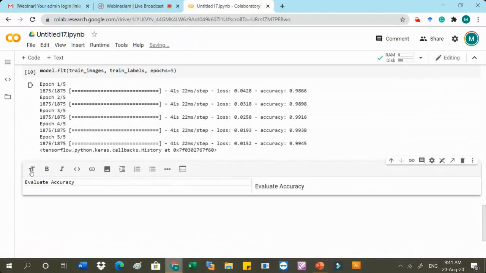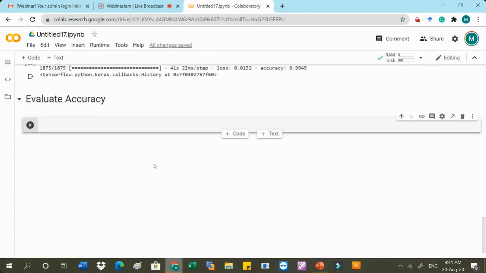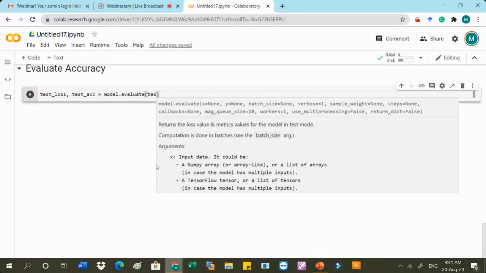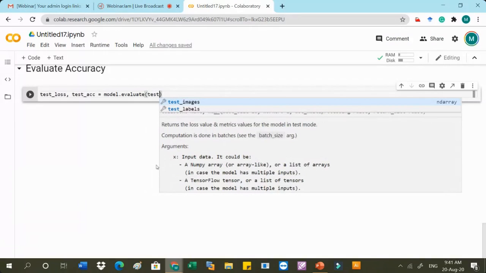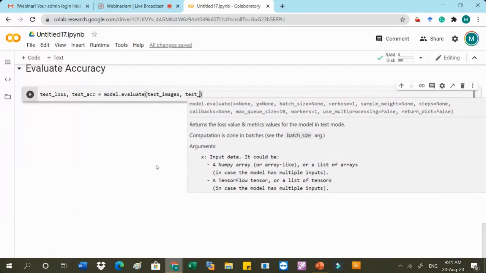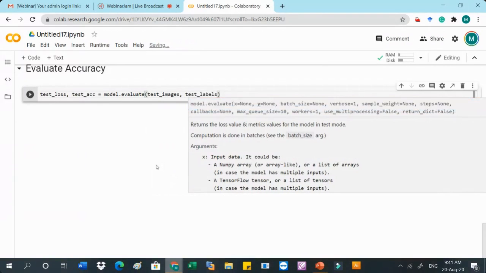Now we can evaluate the accuracy, and for evaluation we have to calculate the test_loss, and we have to write test_accuracy. Then we can take model.evaluate, and here we have to pass the testing data set: test_images, test_labels.